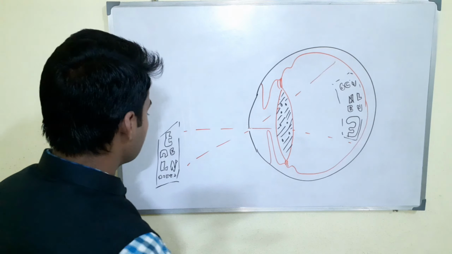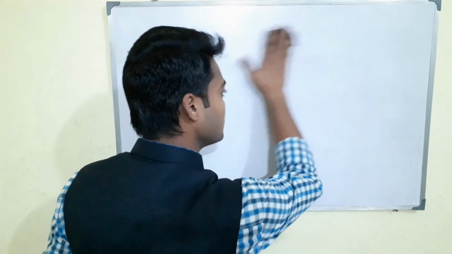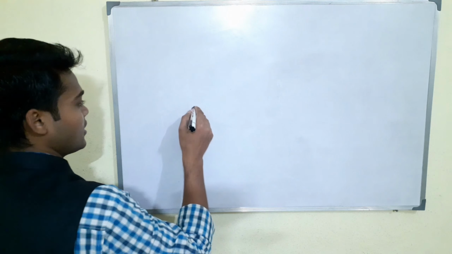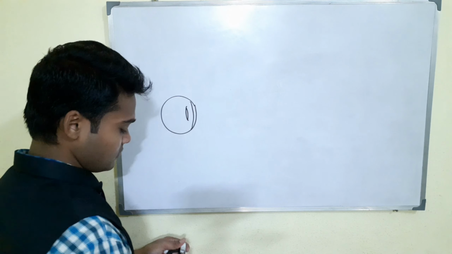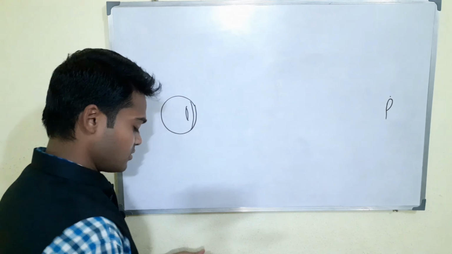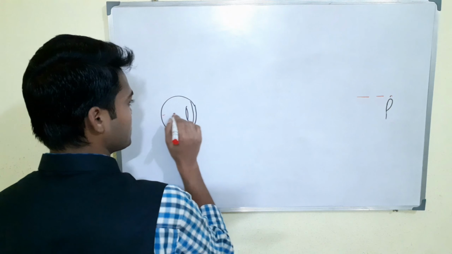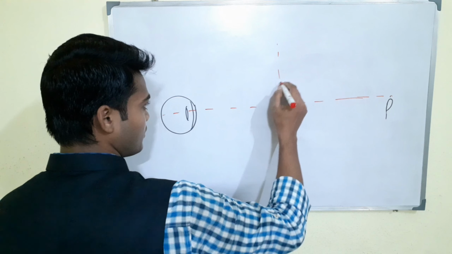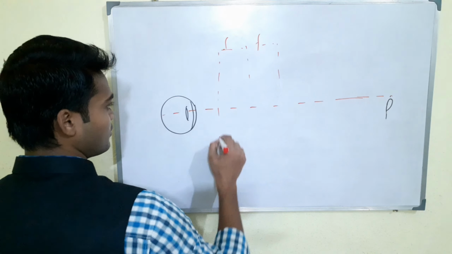I will show you. So this is chart 9. I will delete it and show you the optical part of the potential acuity meter. What is actually happening? Just imagine this is the eye, and this is the P point where light is projected. After light emerges from here, it simply falls onto the retina, but here and here at the distance of f, and again here at the spectacles plane.